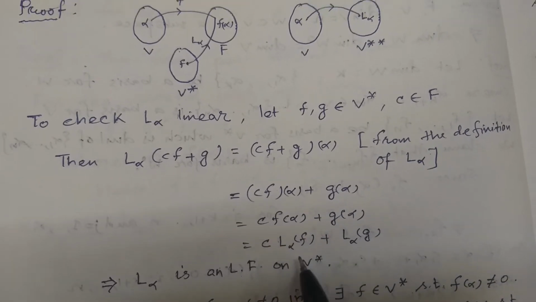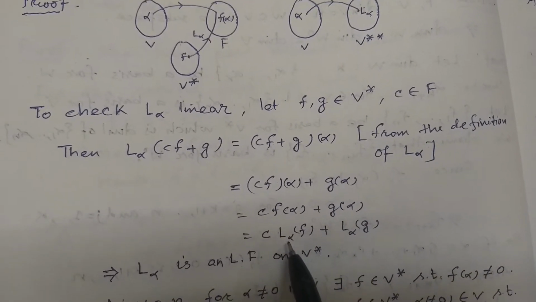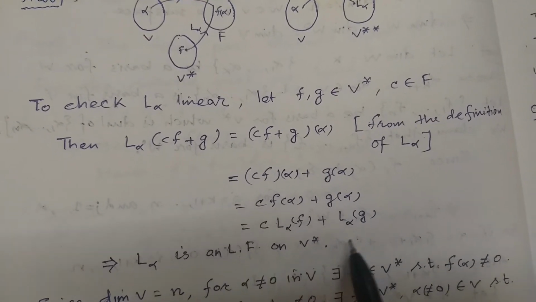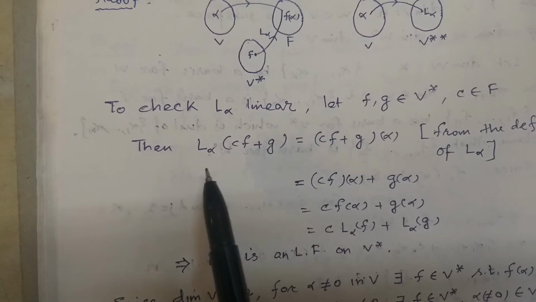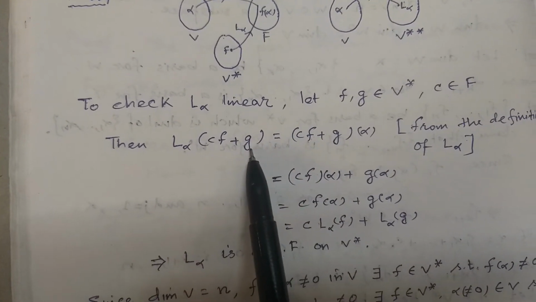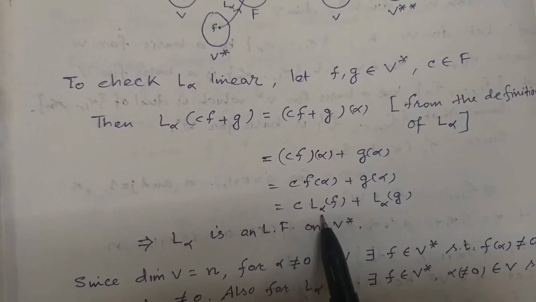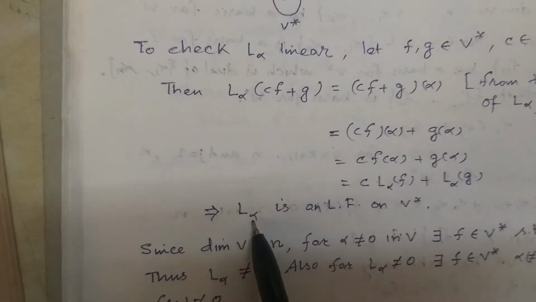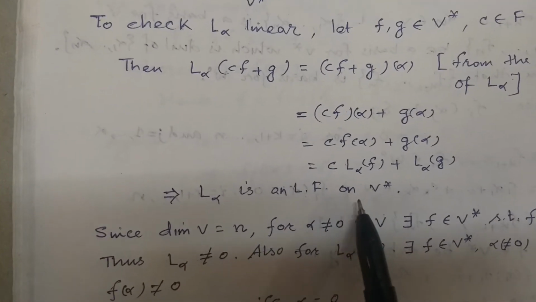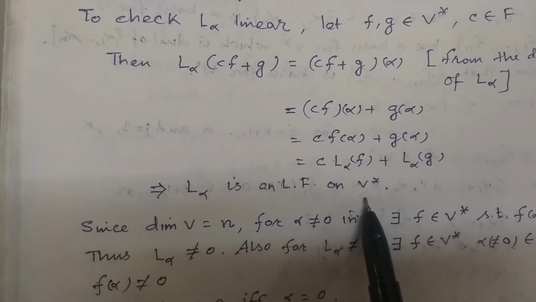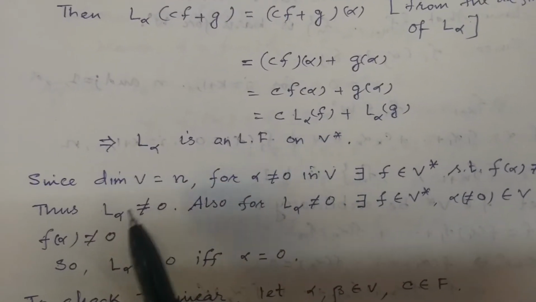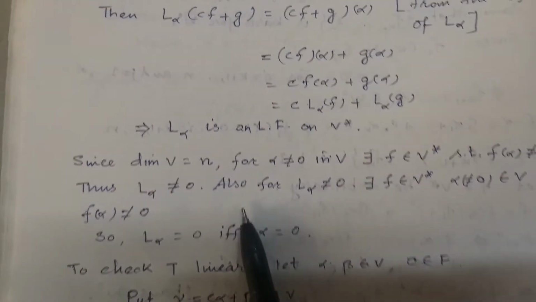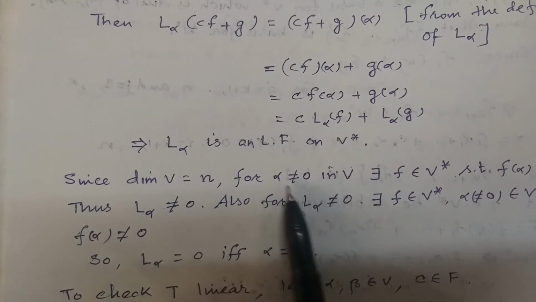Again, f of alpha means L alpha of f, according to the definition of L alpha. g of alpha means L alpha of g. So L alpha of (cf + g) equals c times L alpha of f plus L alpha of g. That means L alpha is a linear functional on V star. Clear? Now the dimension of V is n, it is given, and for any non-zero vector alpha in V,